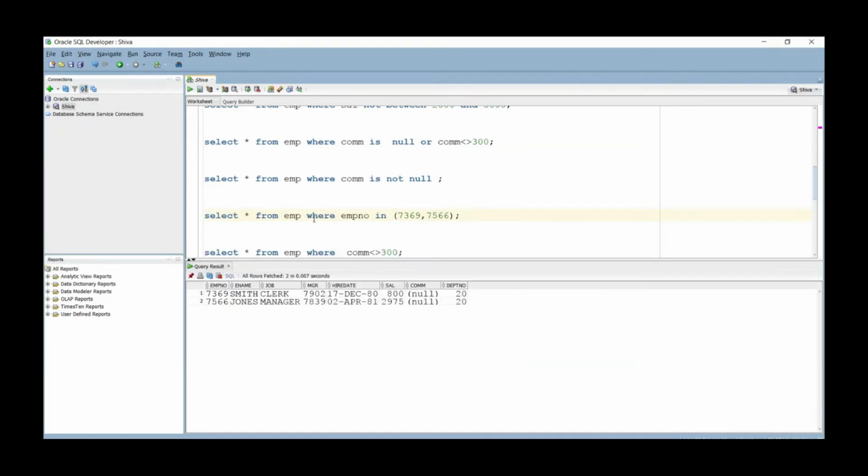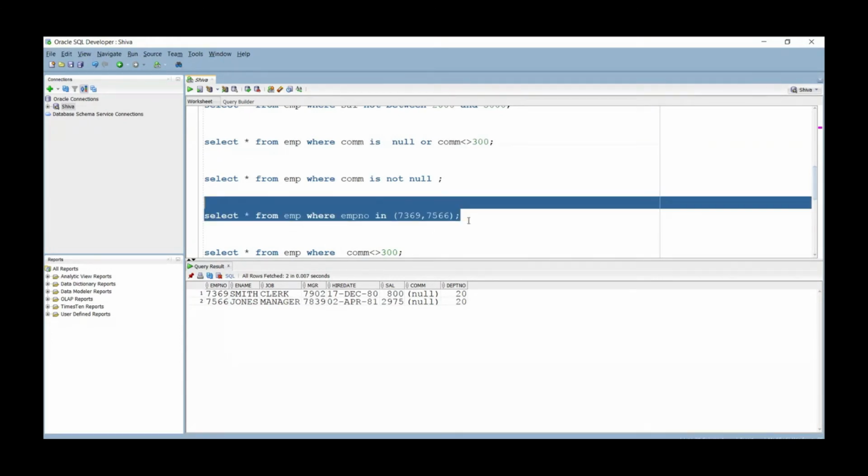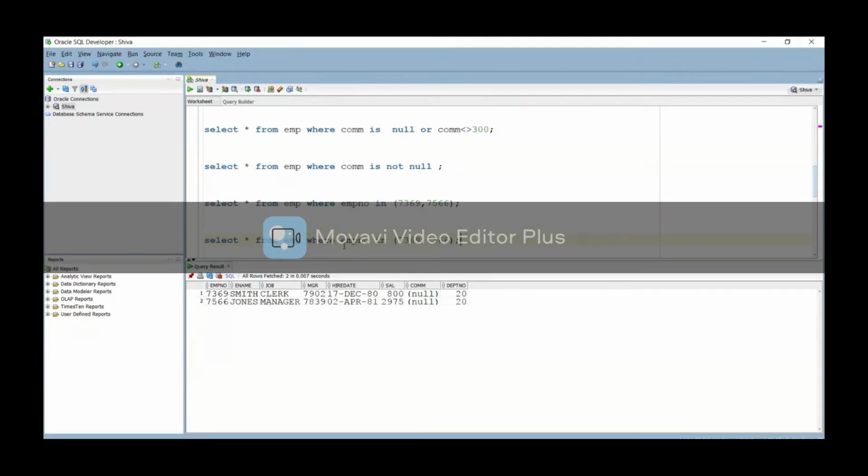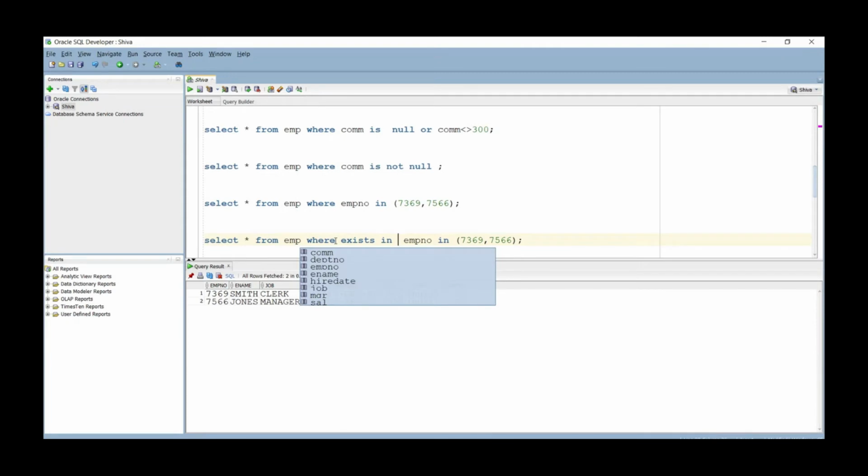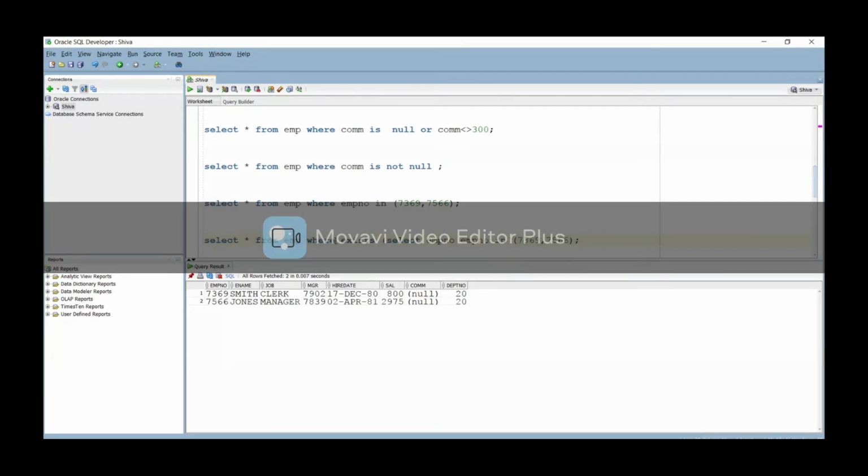While working with the EXISTS operator, we need to use the query like WHERE EXISTS.